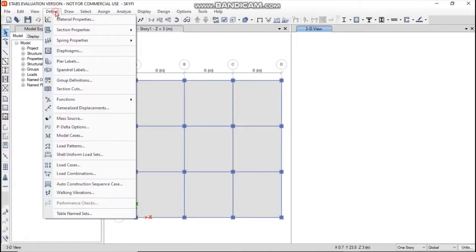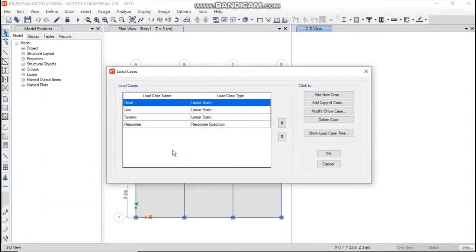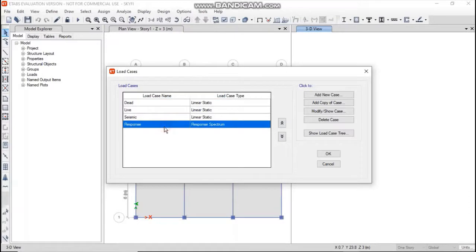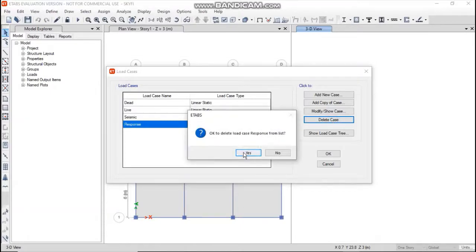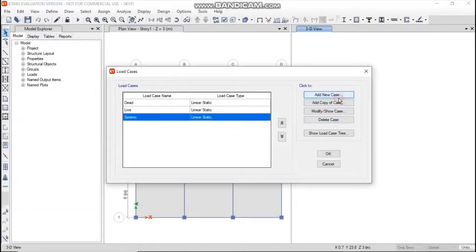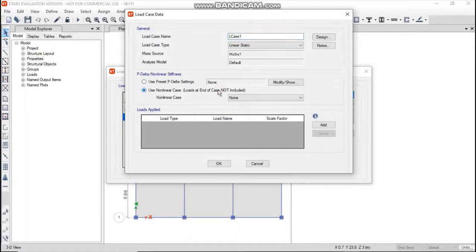Now go to define. Go to load cases. Now delete the response spectrum because we don't need it here. So delete the case. Delete case. So add new case. Here the name will be time.